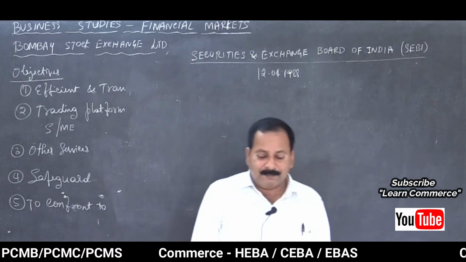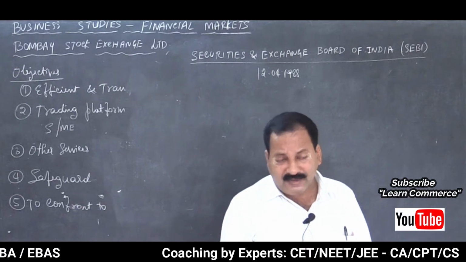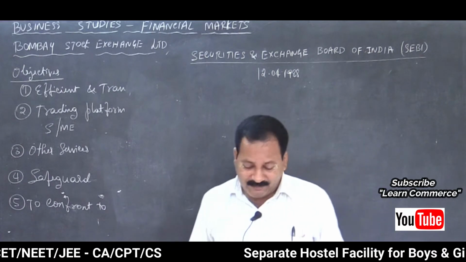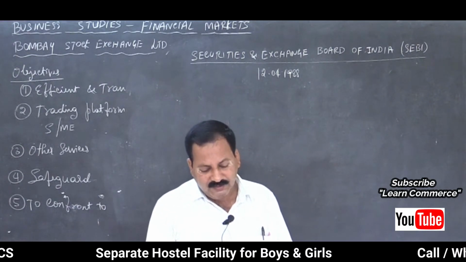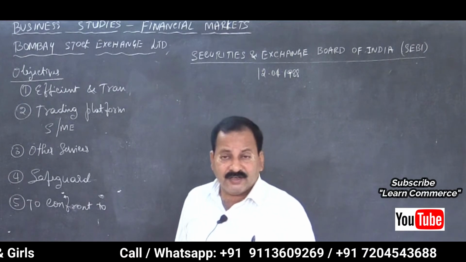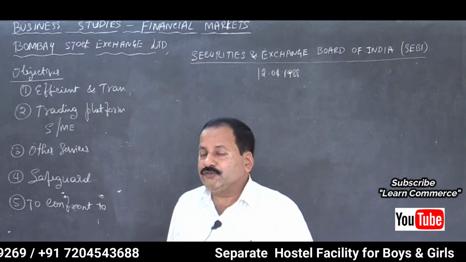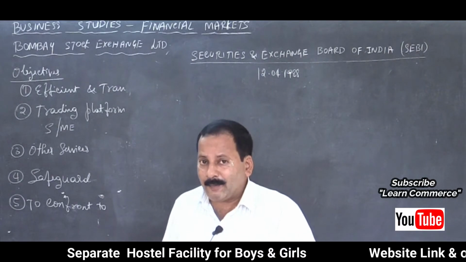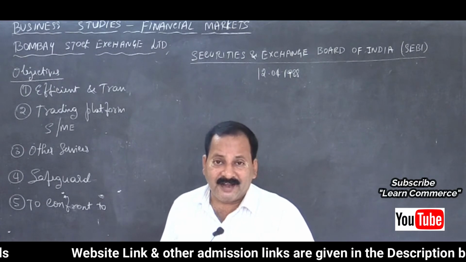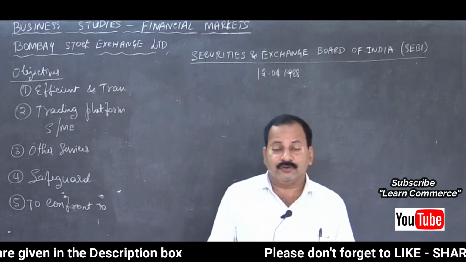For what purpose? The purpose of establishing SEBI was for the healthy growth of capital market. What are the other objectives? To protect investor interest. The interest of the investor is to be protected. I already told you the risk should be minimized, maximum service should be provided, isn't it? And maximum return should be given to the investor, and investor guidance, education, training, everything should be provided to the investor, so that there will be healthy growth of capital market.